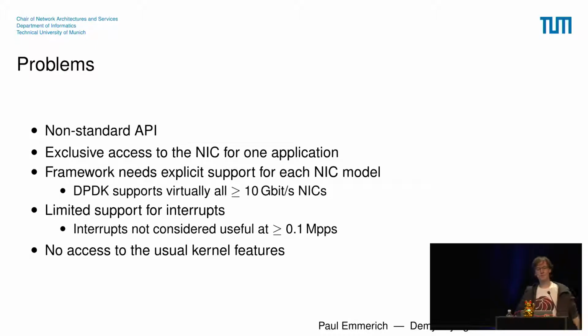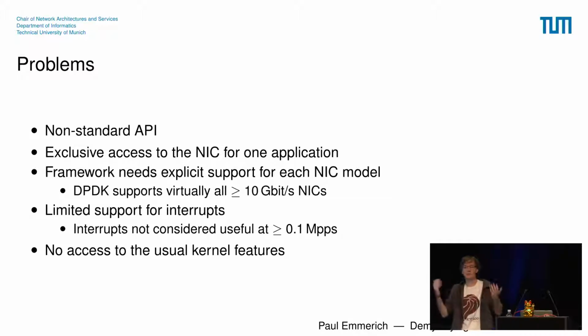OK, what problems did we solve, and what problems did we now gain? One problem is we still have the non-standard API. We still need exclusive access to the network card from one application, because the driver runs in that thing. So there are some hardware tricks to solve that, but mainly it's one application that is running. Then the framework needs explicit support for all the NIC models out there. It's not that big a problem with DPDK, because it's such a big project that virtually everyone has a driver for a DPDK NIC. And there's limited support for interrupts, but it turns out interrupts are not something that is useful